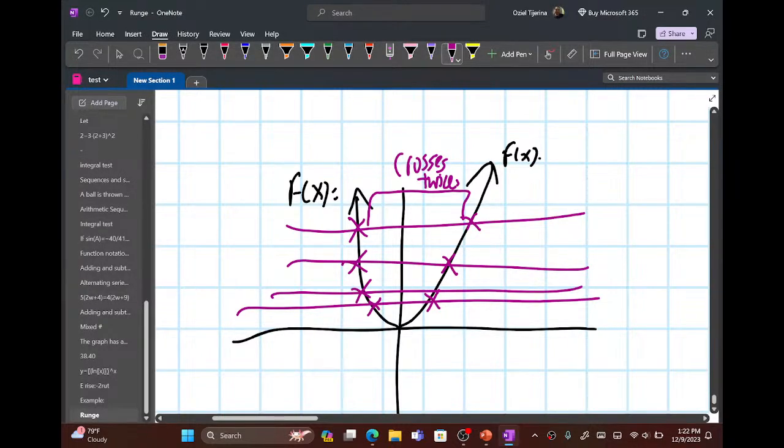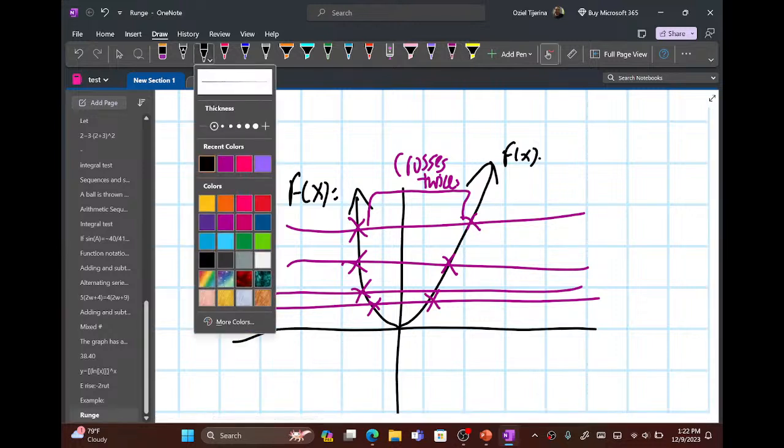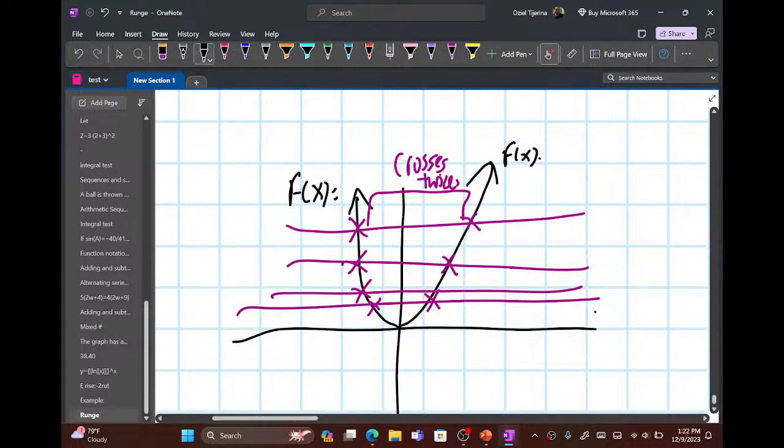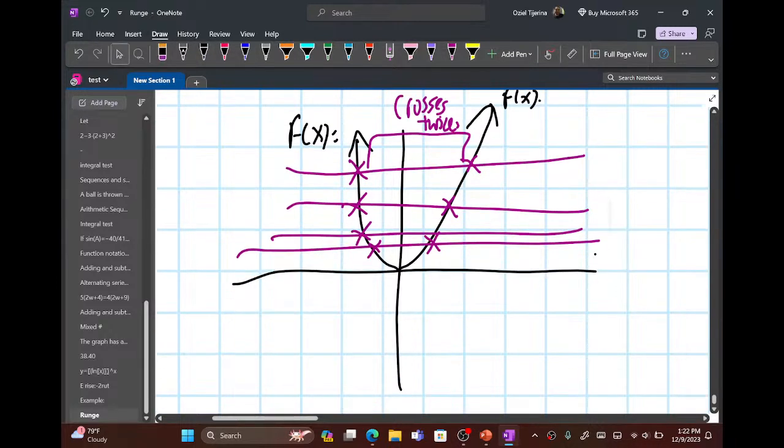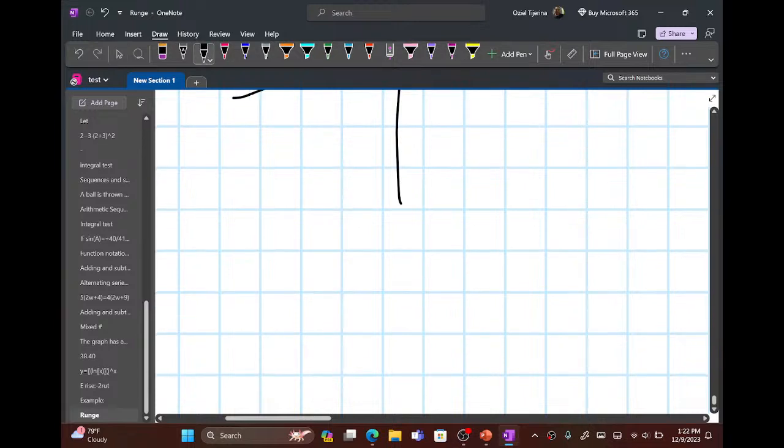But there is one thing I want to emphasize, and this is going to come later. It is going to have an inverse, but it's going to be a restricted domain. I will go over that later, but in this case, just talking about the graph itself, according to the horizontal line test, it does not have an inverse. According to HLT,